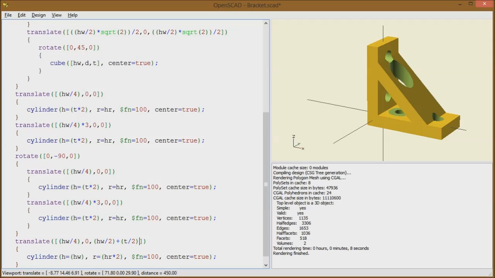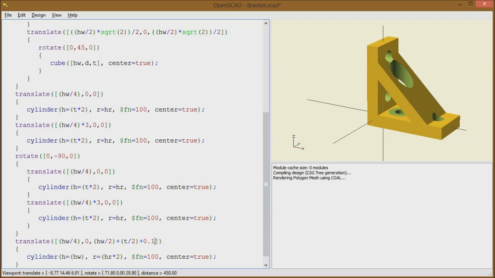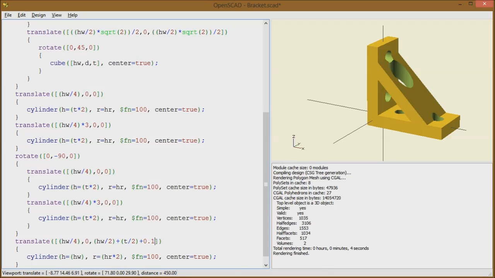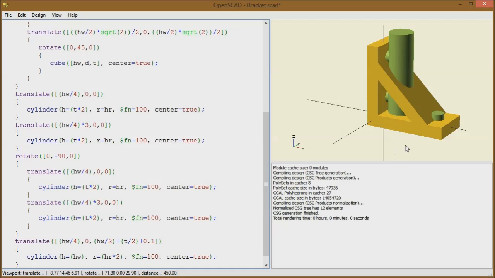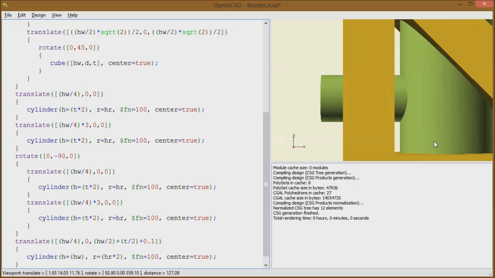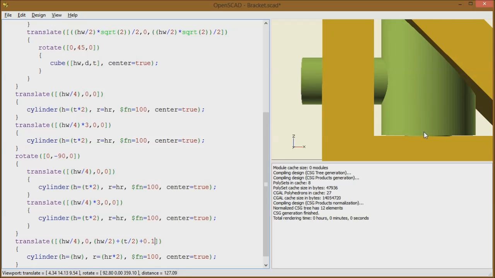So what I'd like to do there is just add 0.1 millimeters. If we do F6 again now, and let it build, you'll notice that gives us a nice clean lift off the surface. If we go to a combined view and press F5, so F12 and then F5, and zoom in there, you'll notice that there is this 0.1 units, or if you set up your printer to run in millimeters, there'll be a 0.1 millimeter lift off the surface there. So once we've done that,